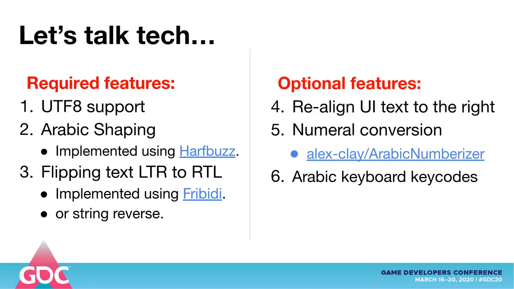The list on the left has the features that you must have for bare bones legibility. And if you forget to add one of those, it will be very embarrassing. And there are actual released AAA games that didn't include them on release and had to patch them in after a media fiasco. The list on the right includes features you can add for extra polish. It will make navigating the user interface as good for an Arab audience as it is for a Western audience, but it's usually optional.